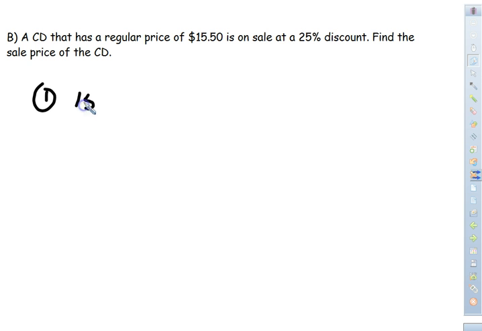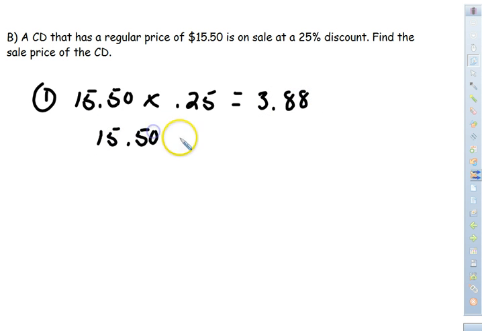Method 1 simply states $15.50 times my 25%, so 0.25, which equals $3.88, and we take my $15.50, whoops, sorry, we're not adding, we are subtracting, because it is a discount, $3.88, which equals